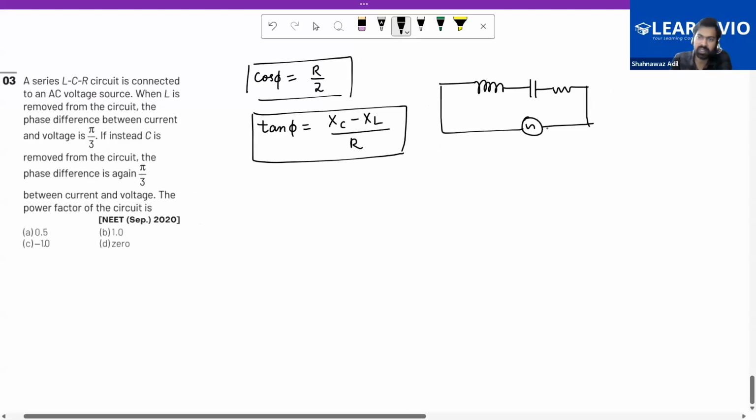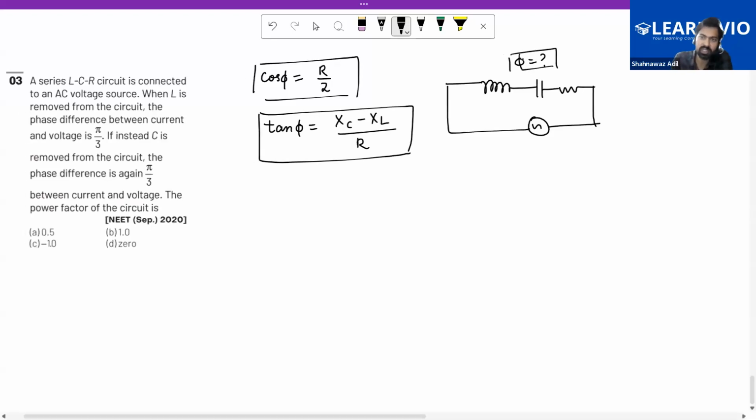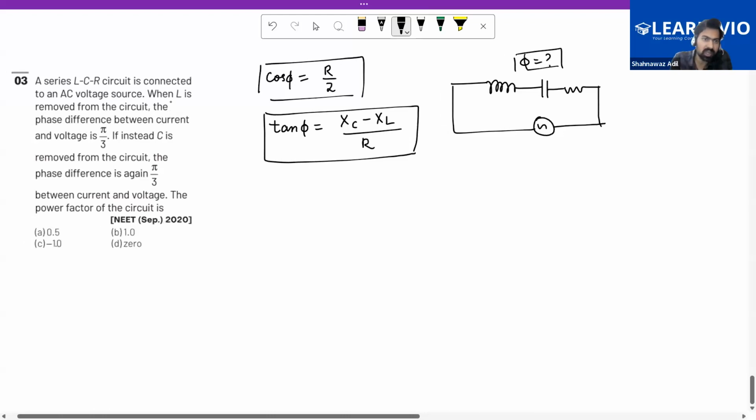In this initial case, we have some phi that we don't know. But now we remove the inductor, and this becomes simply the RC circuit,